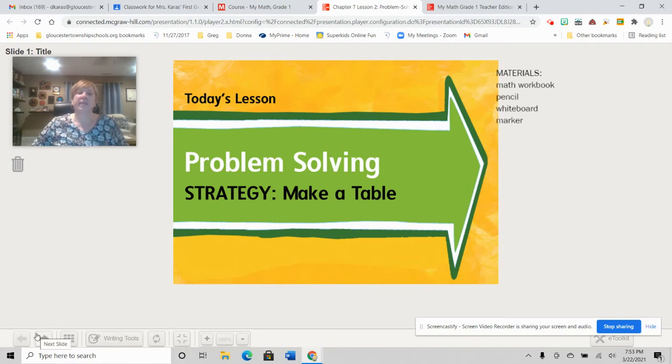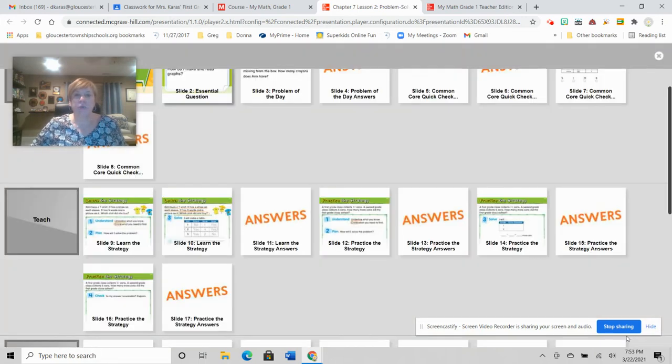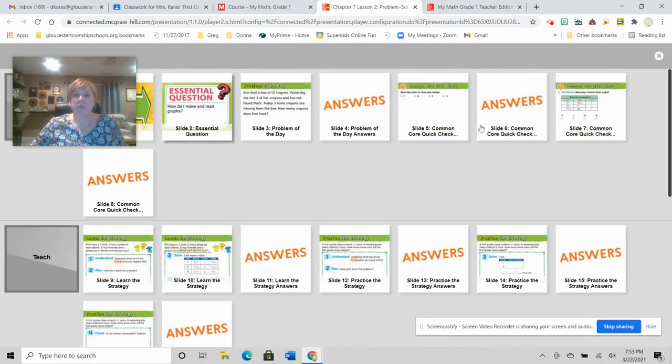Okay, so today's lesson for Chapter 7, Lesson 2 is problem solving, and our strategy that we are working on today is to make a table. And our essential question that we are also working to gather answers for is, how do I make and read graphs? So let's get started with our first